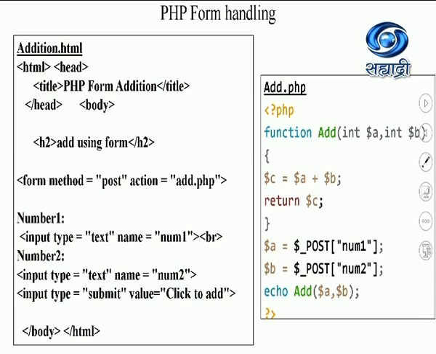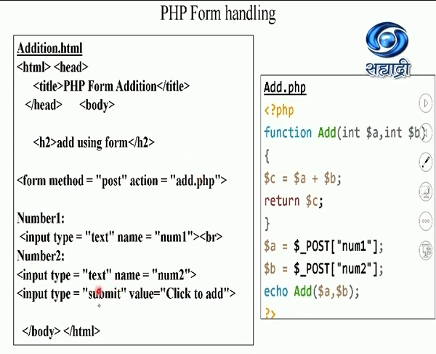Students, you need to save both these files in your root directory. So in the server, you are going to save them in the root directory so that they will be accessible to each other. I have given it as an action, meaning what? When the user submits this, it is going to execute this file. If you are not writing both codes in the same folder, you need to specify the path for this file. As I have saved both files in the same folder, I need not specify the path here.